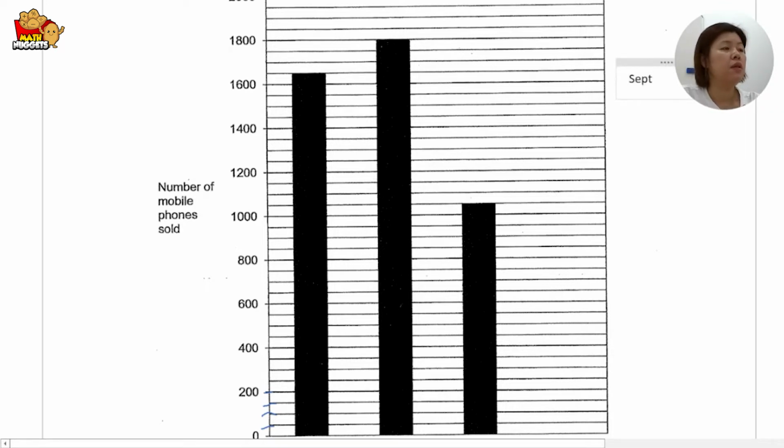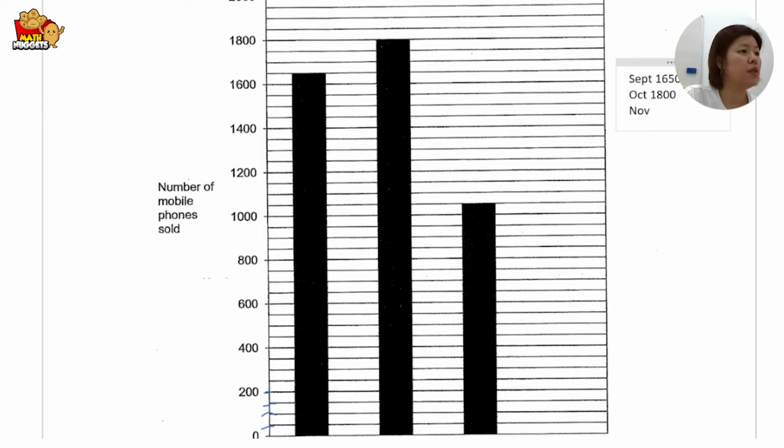September is 1650. October is 1800. November is 1050. Okay, so in order to find December, total is 5450